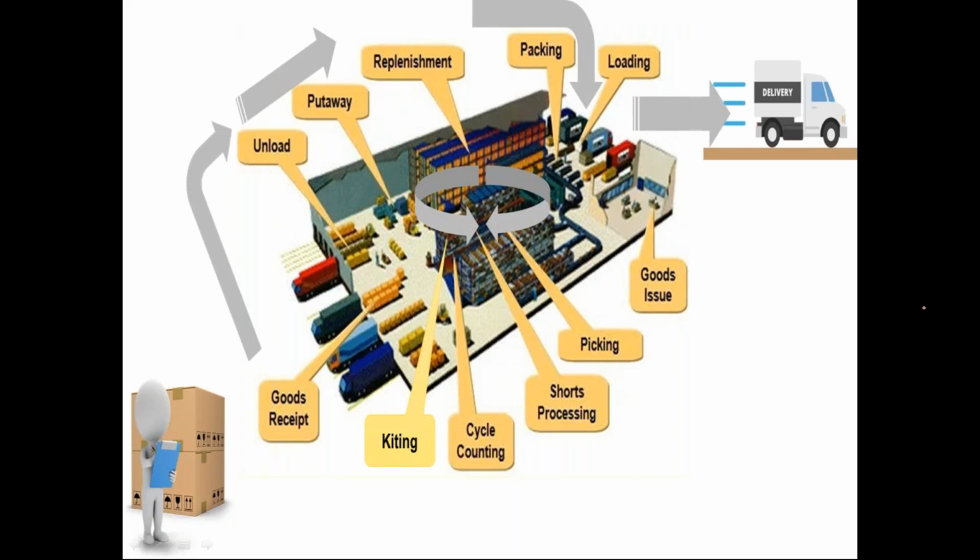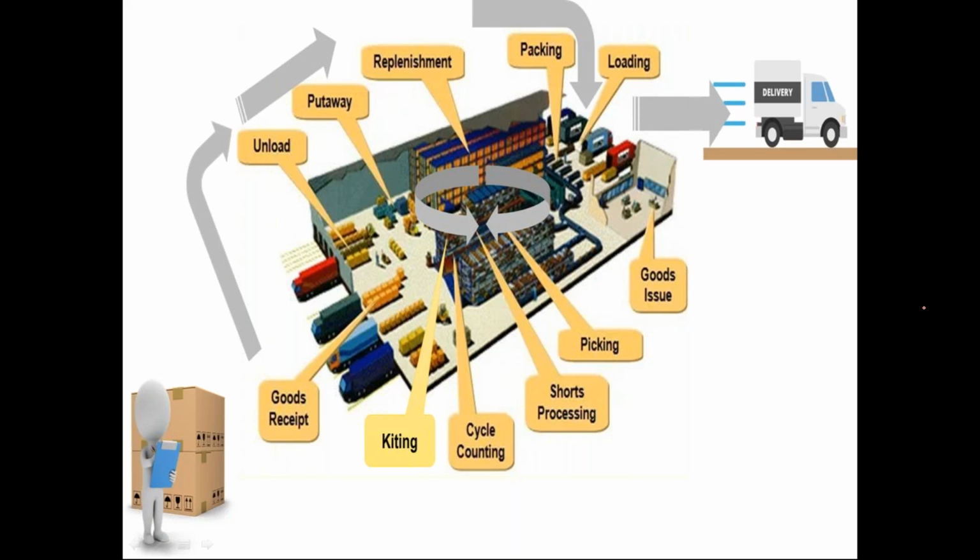So depending on the requirement, we can generate kits. For example, if I take a TV set only, the display is manufactured by some manufacturer, the remotes are manufactured by another manufacturer, and cables are manufactured by another manufacturer. Likewise, I buy all these materials from different manufacturers. I bring them into my warehouse, and what I can do is pack them together and deliver the TV set to the customer. And the customer can assemble them and use them. Now, in order to put these required components into one packing, we use a concept called kitting. These kits can be generated based on the customer requirement, or based on your forecast.